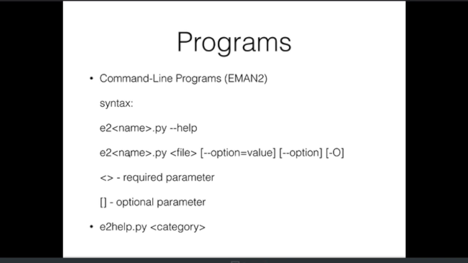If you look at any of the documentation, we use a pretty standard sort of naming convention. You have E2, then the name of the program .py. Anything in greater than, less than symbols is a required parameter, and anything in square brackets is an optional parameter. And we use very standard Unix notation for all of the options. There's a nice command called E2 help, which I'll talk about a little bit later, which gives you information on certain categories of algorithms that are available within the system. And I should add that if